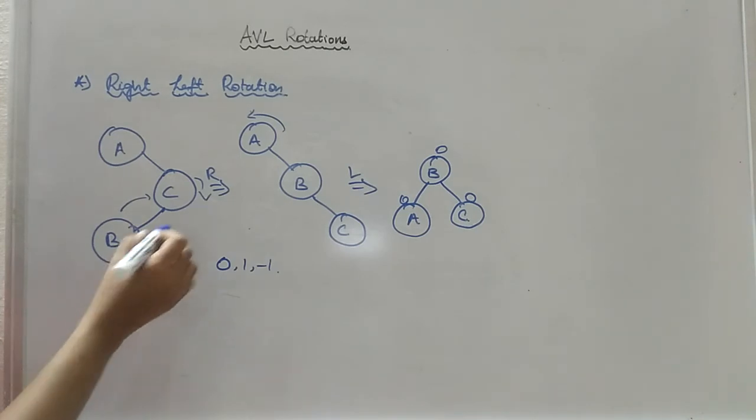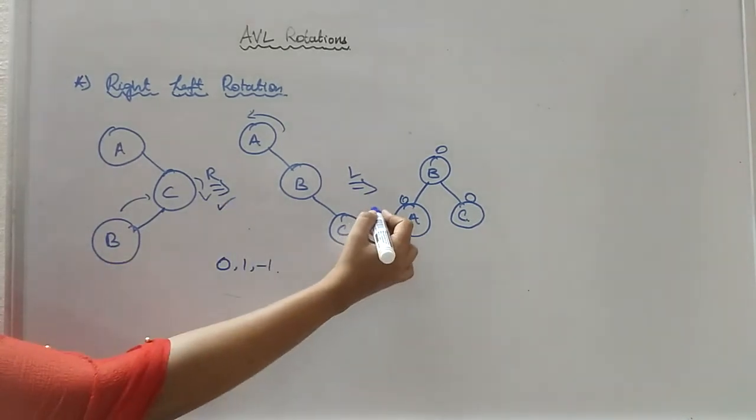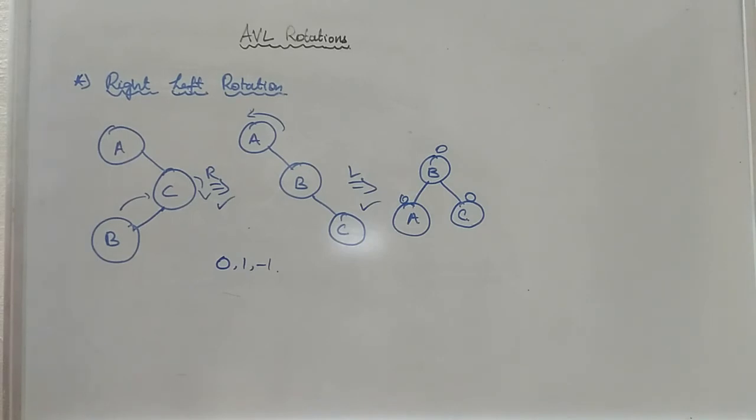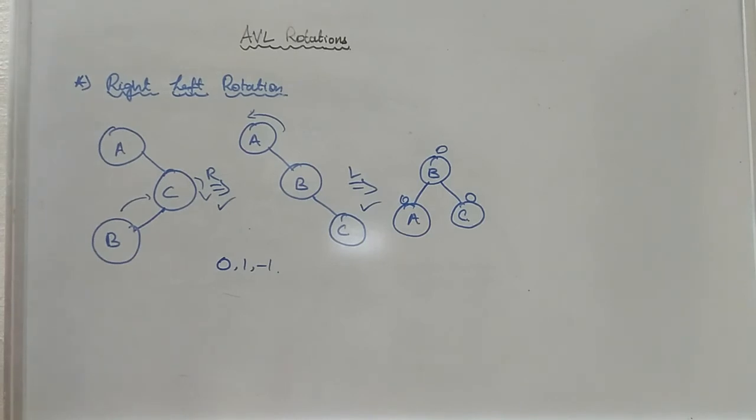Okay, you just notice one thing. First we are performing the right rotation and then we are performing the left rotation. Okay. So here also, since we have performed the rotations twice, we can say it is a two type rotation. Okay. And another one thing I would like to tell you. In these 4 types of rotations, it can be a left rotation, or else a right rotation, or else left-right rotation, right-left rotation, whatever it may be.